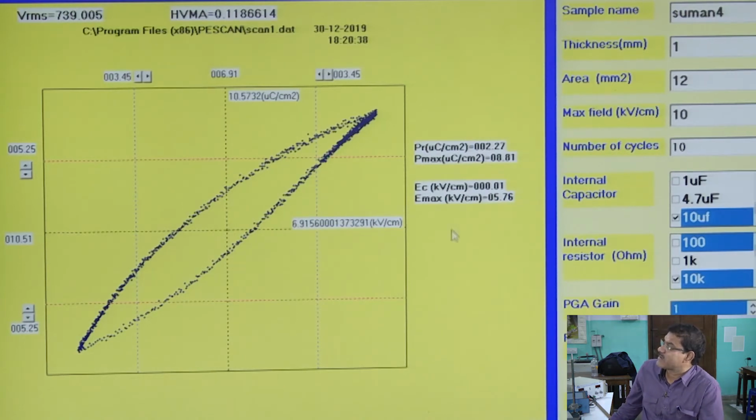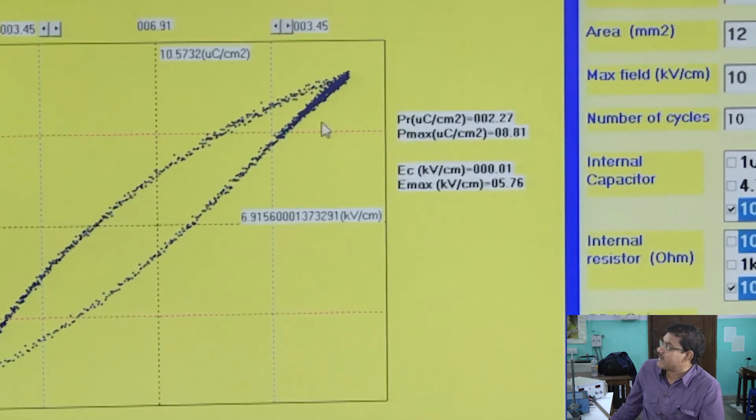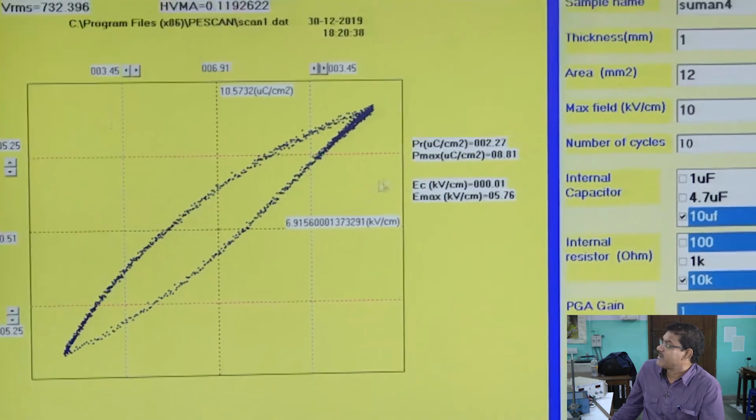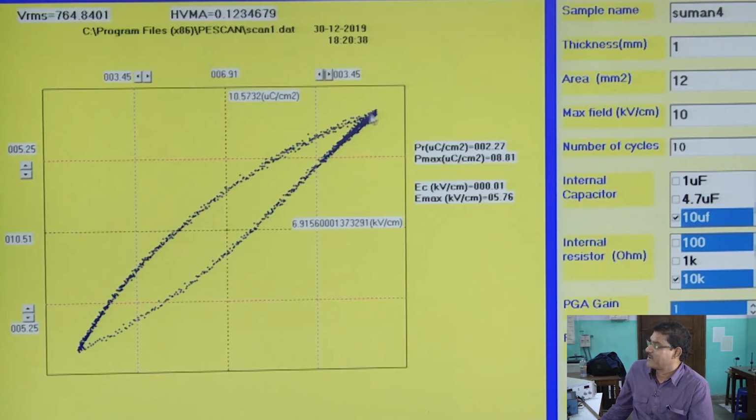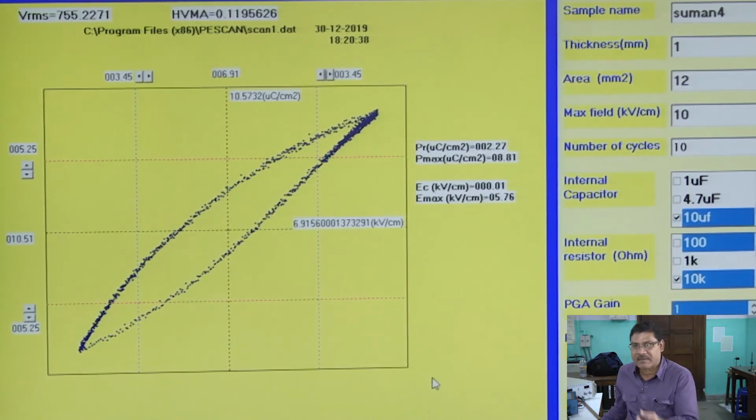I think this data is taken here. It is also giving the PR value, this is the PR. It is giving PR and P maximum value, but here we can see that it is not saturated. To get the saturation value, we need a higher electric field.